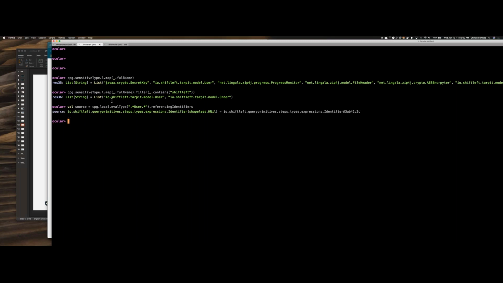So for this, we are saying cpg.local.eval type of type user. We're using an example here. Give me the referencing identifiers, meaning is it being used in the application? The next, again, we're using the same source sink paradigm. We're saying initialize a sink of type